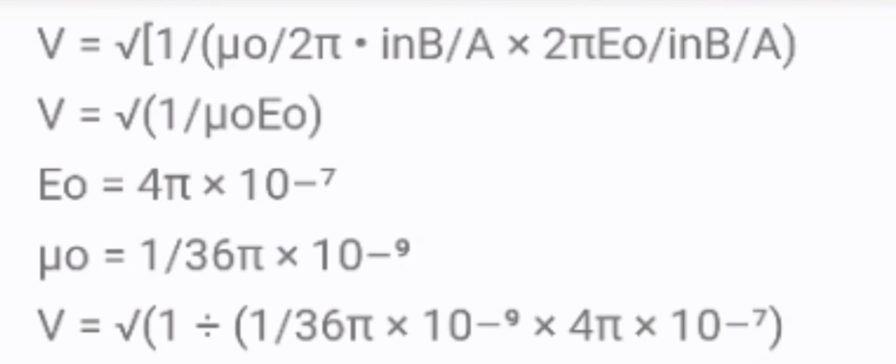After knowing that, you input it back into this formula. V equals the root of 1 over mu naught epsilon naught. Remember that the formula started from V equals the root of 1 over LC, and LC resulted in this mu naught epsilon naught. So we put down these digits: for mu naught we have 4 pi times 10 raised to minus 7, and for epsilon naught we have 1 over 36 pi times 10 raised to minus 9.